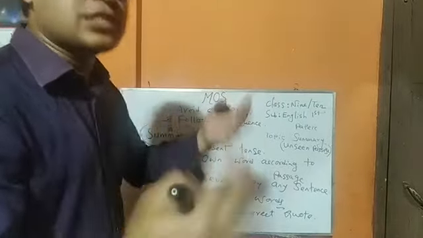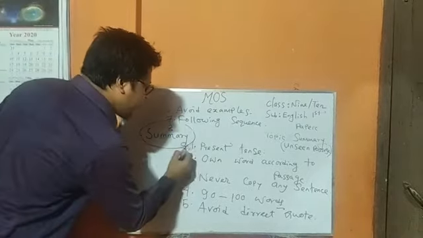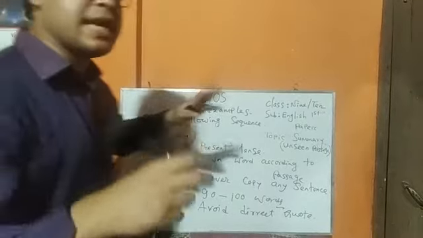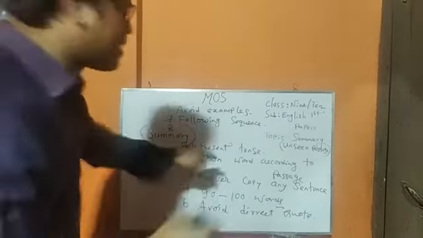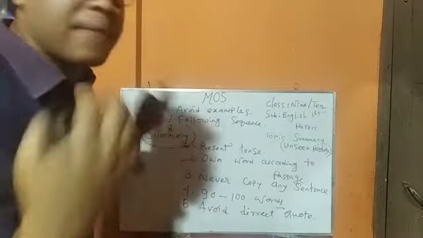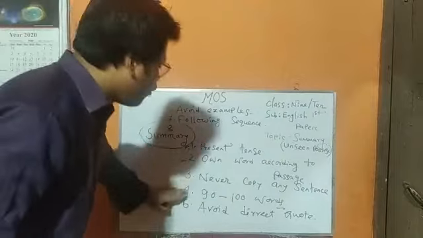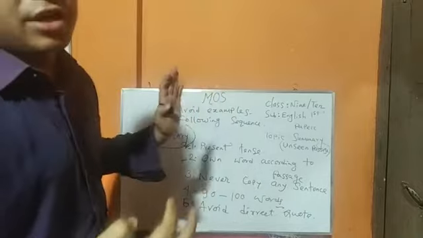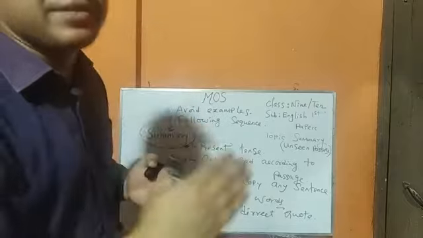I'll express some more words. Okay, at first you have to write it in present tense. Try to write. But it is not possible for every summary. It may not be possible to write in present tense. Okay. Number 2, own words according to the passage. Number 3, never copy any sentence. Number 4, try to write 90 or 100 words, not more than that. Just try it even within 70 or 80 words.